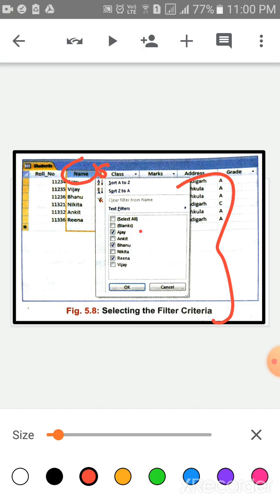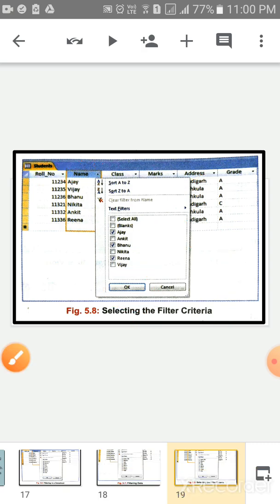We have clicked only Ajay, Bhanu and Reena. These 3 students' names we have selected, and then lastly click on this OK button. Then children, you can see only 3 records will appear. This is called filtering.